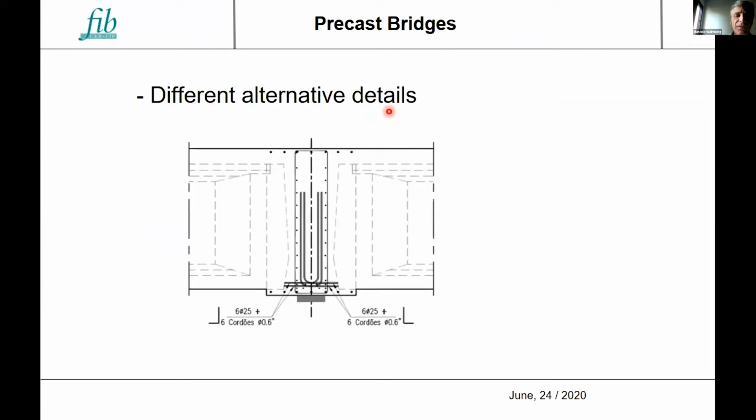You will also find different solutions for detailing of reinforcement on this continuity area, made continuous after lifting the girders, by cast in place concrete, with different solutions, especially for the bottom reinforcement, which is always a main concern on how to detail and to develop full strength, especially for bending moments that create tensile stresses on the bottom edge of the girder.